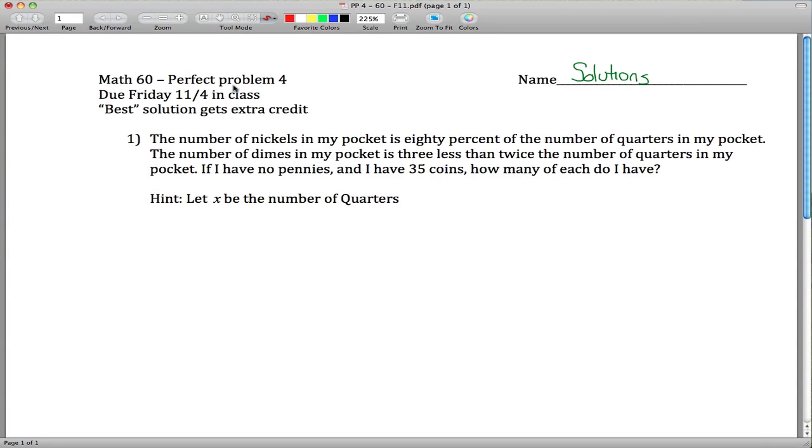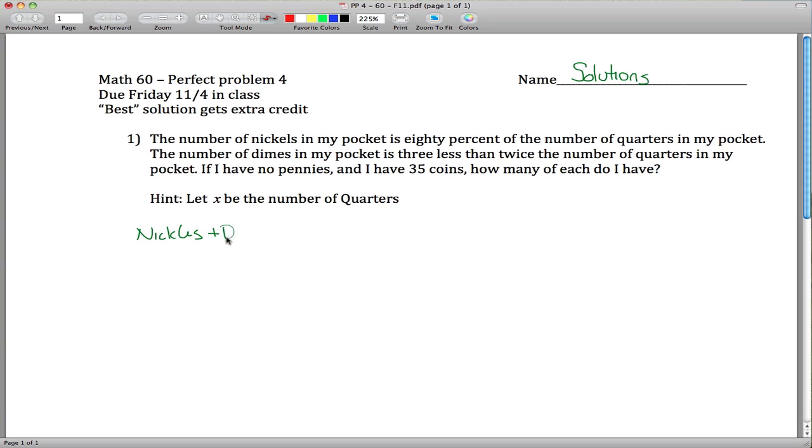All right, Math 6D, perfect problem for solutions. Here's the word problem about the coins in my pocket. I think the way I would set it up is take advantage of this fact that I have 35 coins and no pennies. So nickels